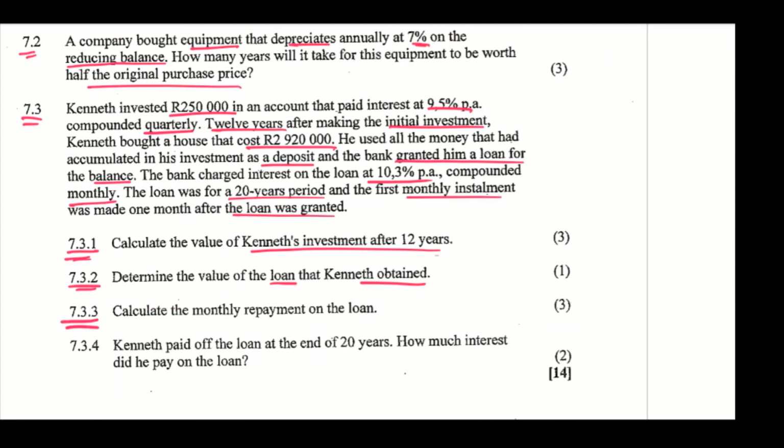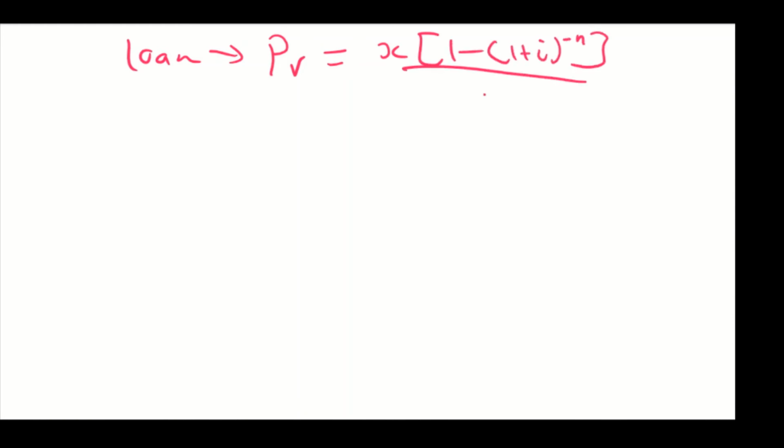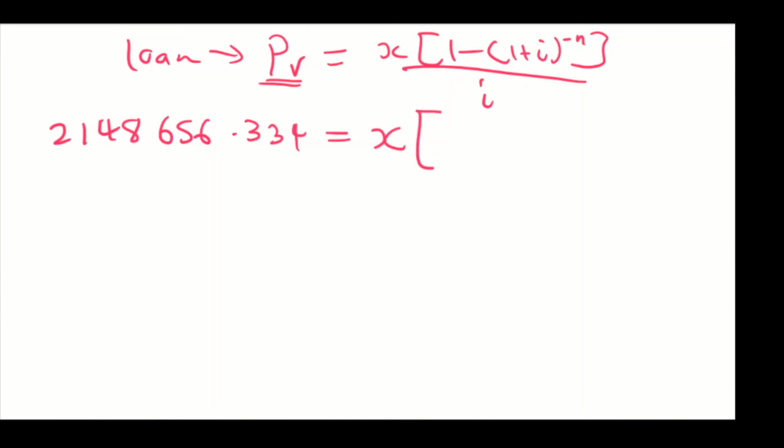So 7.3.3, calculate the monthly installments, or the monthly repayments rather, of the loan. Since we're talking of the loan, for us to find the monthly payments, we need to use the present value annuity, which is equal to x into 1 minus 1 plus i to the power of minus n, divided by i, right? Our PV is the loan, which is going to be 2,148,656.334 equals to, we want to find the monthly repayment, so it's 1 minus 1 plus